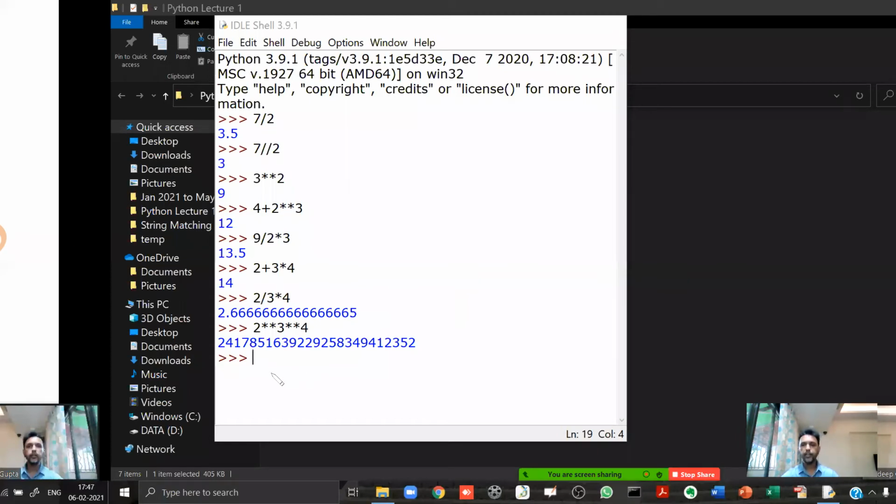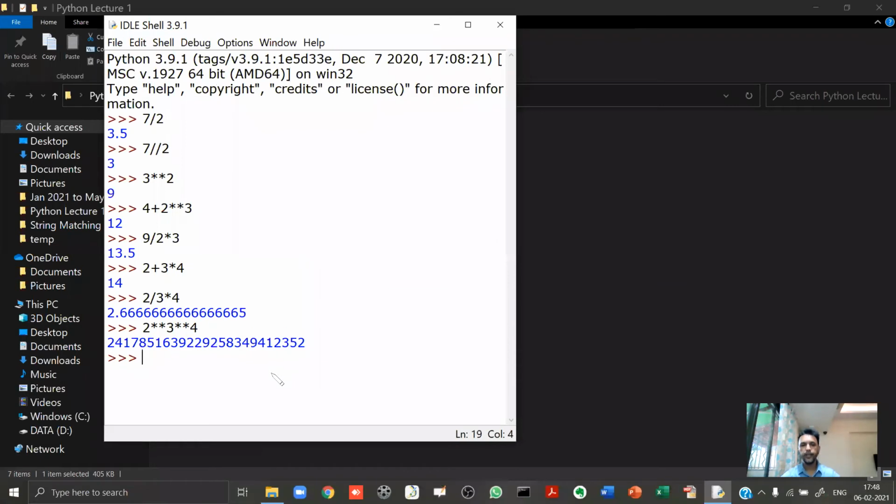Now in the shell, let's say I type a equal to 5, b equal to 6, and then let's say I type a equal to equal to b. So basically over here the equal to operator will check whether a is equal to b. Now answer a simple question, is a equal to b? No, so the answer over here will be False. See, F is capital over here.